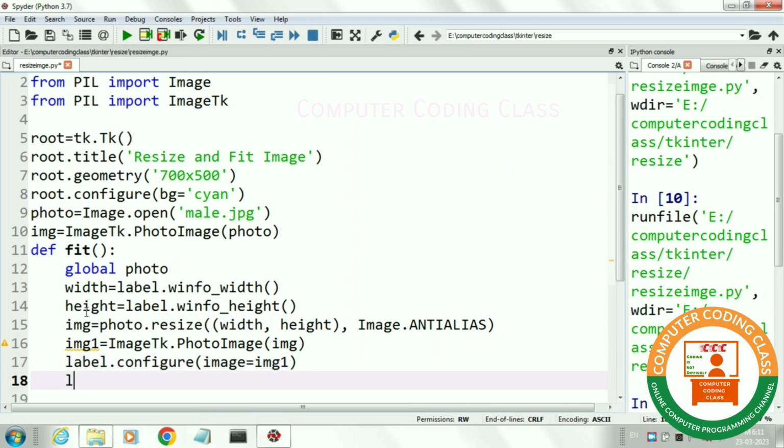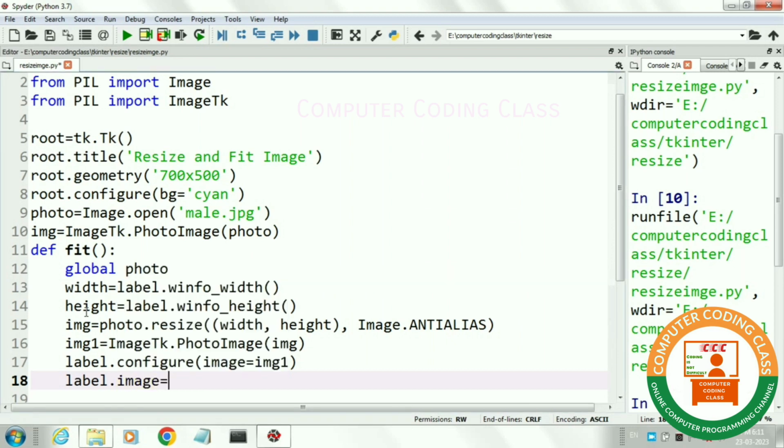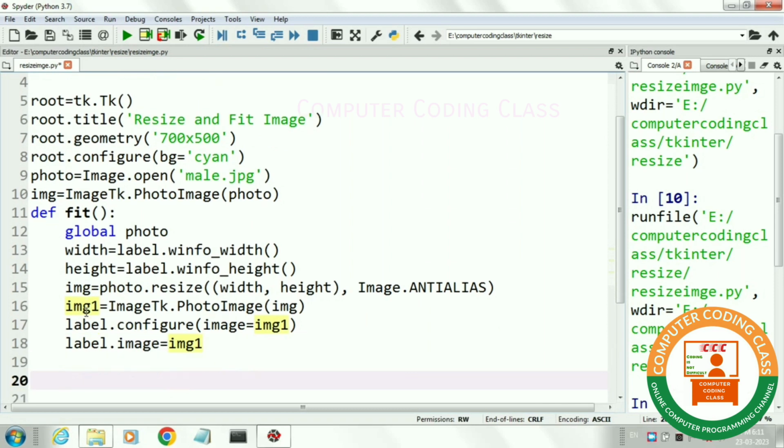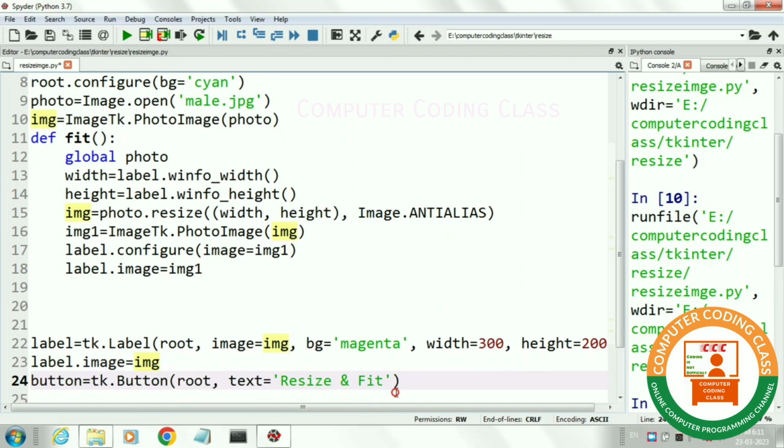Again we will write label.image equal to img1. We have created our function.